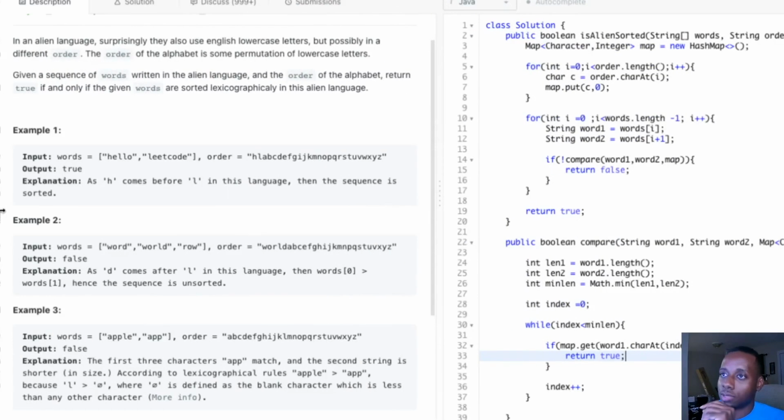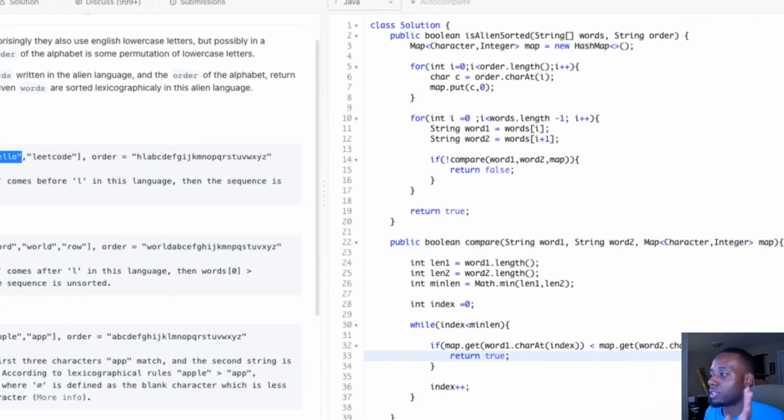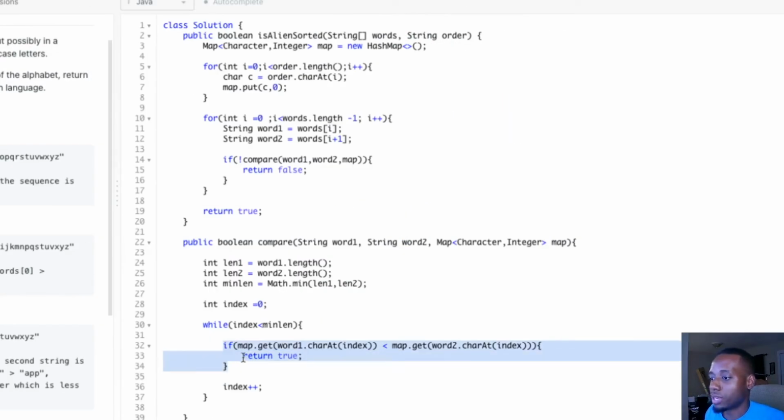For this example, H is at position 0, and then L is at position 1. That's perfectly fine because it's in the right order, since word 1 has the lexicographically smaller character. So now if we run into that other case, guys,